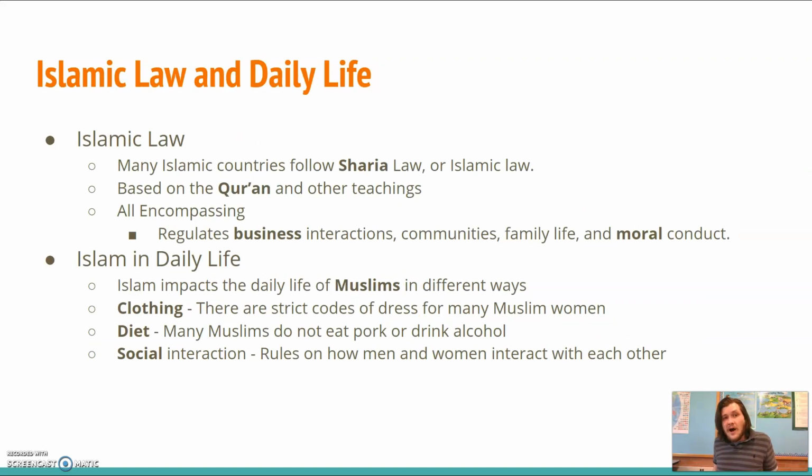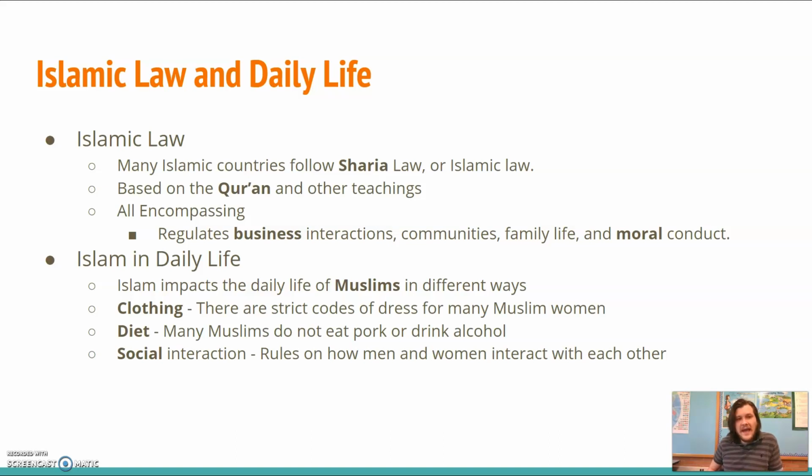Now, Islamic law affects how Muslims live. Now, many Islamic countries follow what's known as Sharia law or Islamic law. Now, that's based on the Quran and other teachings. Now, Islamic law is all-encompassing, means it regulates every part of your life: business, community, family life, moral conduct, everything. And because of that,